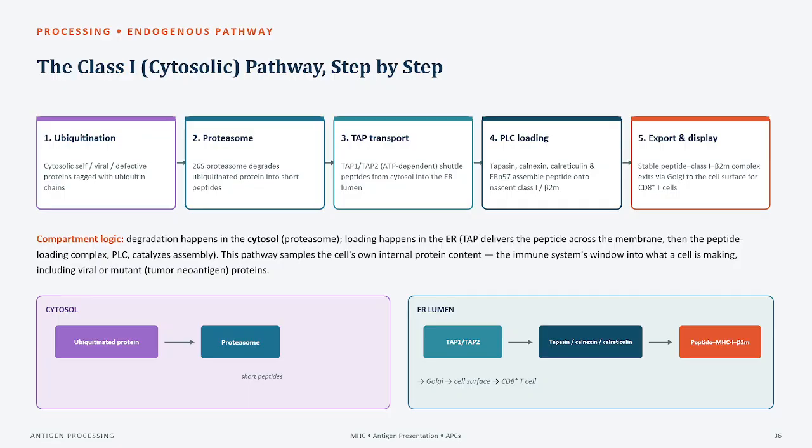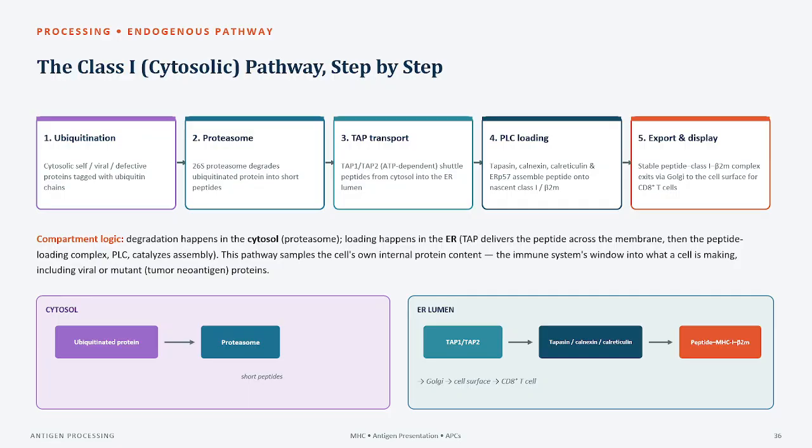Followed by, there is the peptide loading complex in the ER lumen that facilitates the assembly. So chaperone proteins coordinate the binding, and the transported peptide is loaded onto the nascent MHC class 1 molecule. Then the stable MHC peptide complex exits the ER to the Golgi apparatus to the cell surface. So this complex is presented externally for recognition by the CD8 plus T cells, or the cytotoxic